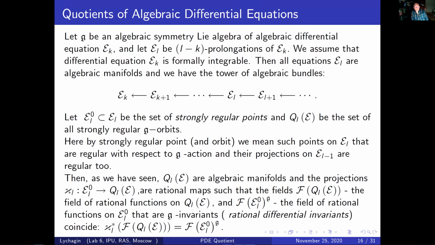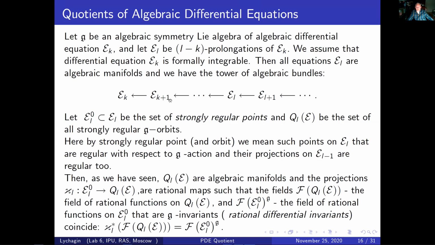So we take on each level, GK or GX, all regular points for our G action, but I will change the notion of regularity a little. Regularity will be regularity in our old sense plus one more point: the projection of this point on the previous level should be regular too. And then we will get